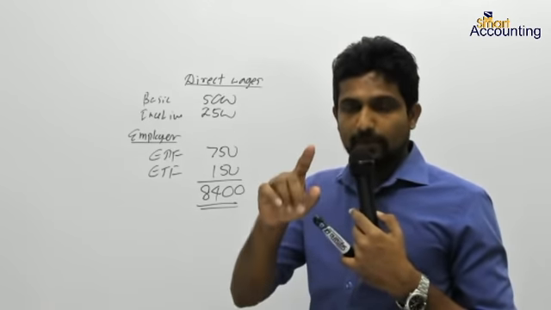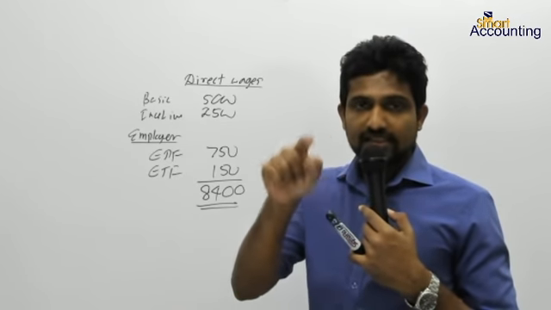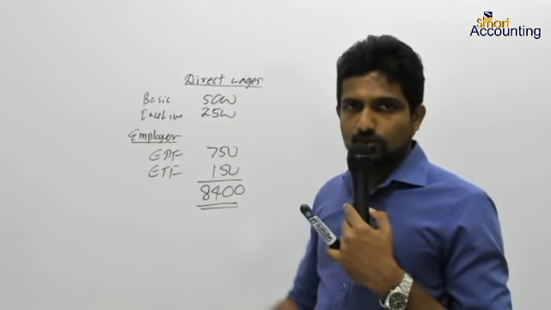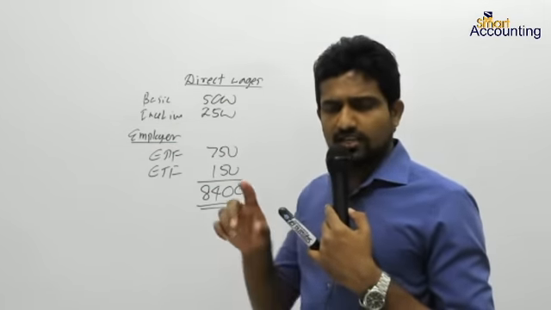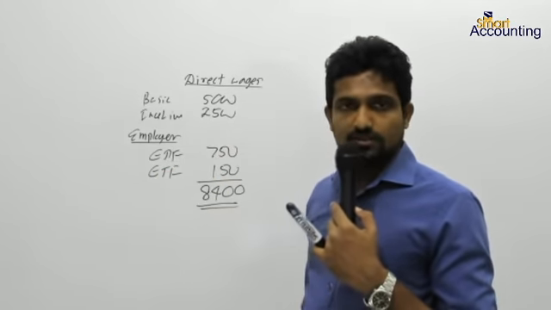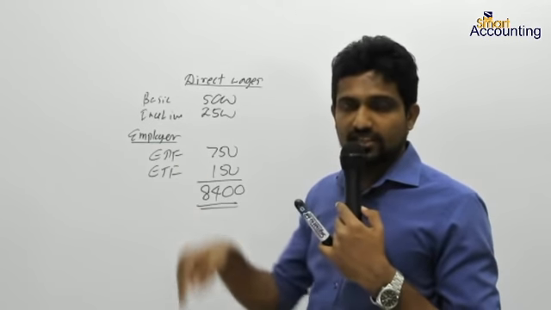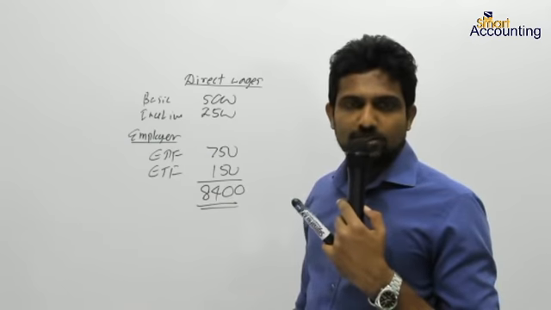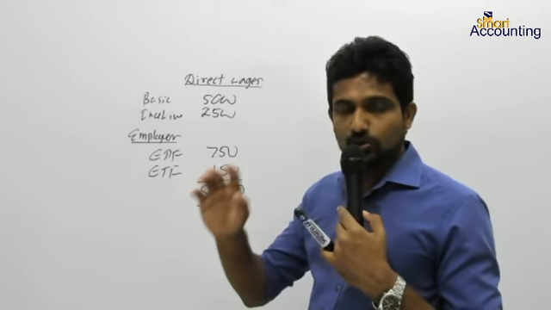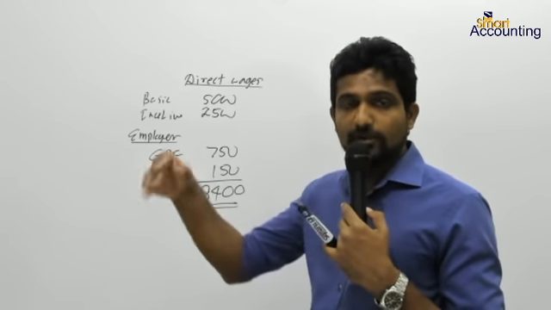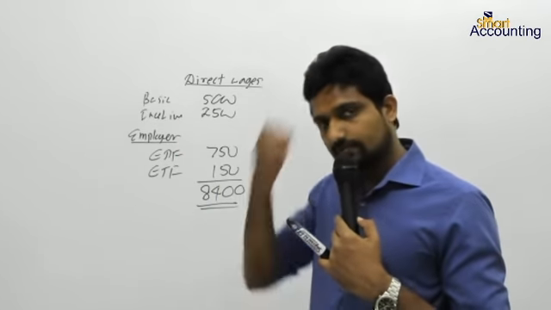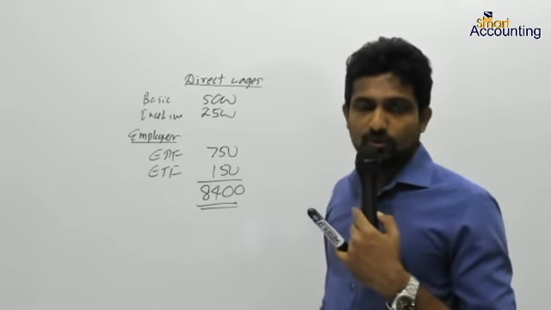If the bonus is given because he has increased the production, then what do you think? See, we give a certain target to our employees. We tell our employees, if you work efficiently, if you manufacture 500 items today, we'll give you a bonus. In that case, where should that bonus be categorized? If the production employees are paid a certain bonus based on the production, we give them a target. If you manufacture more than 500 items a day, then you will be given a bonus. Where should you categorize that bonus?